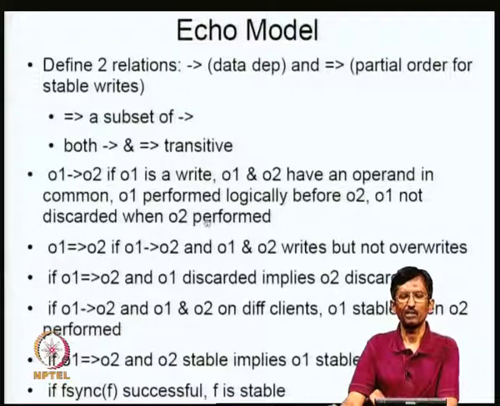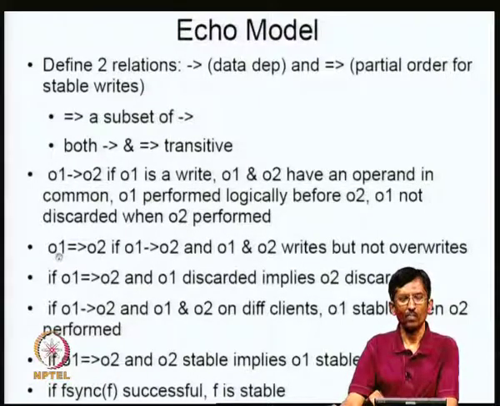Okay. That means that you take the distributed system, and if somebody says O2 has been performed, then O1 cannot be discarded. That is, even if it is sitting in memory, whatever it is, you have to somehow flush in a particular order in such a way that O1 in no circumstances will ever be discarded the minute you say O2 is performed. Okay. Because O1 is prior to O2 and there is the data dependency there.